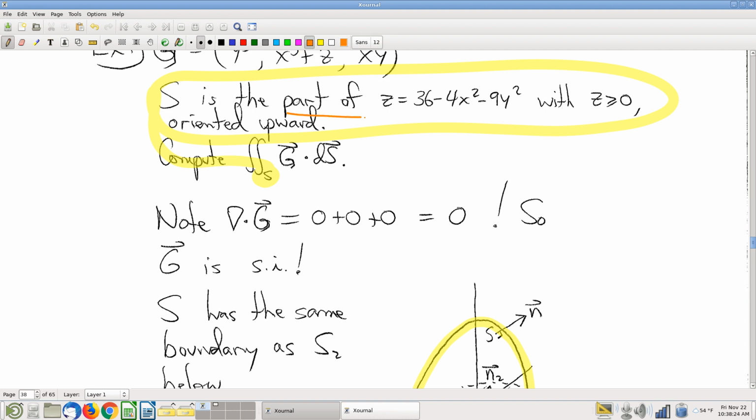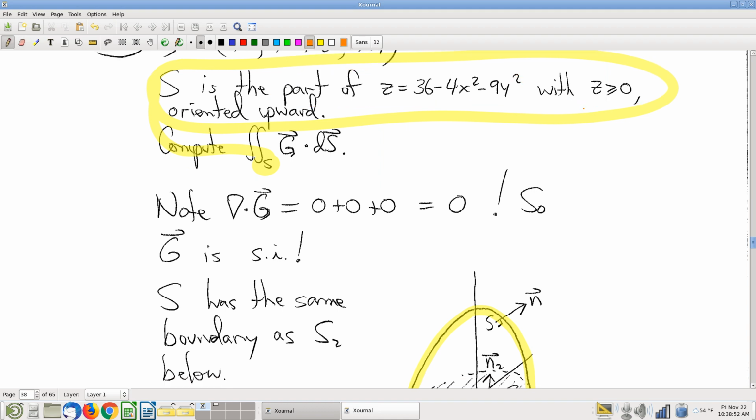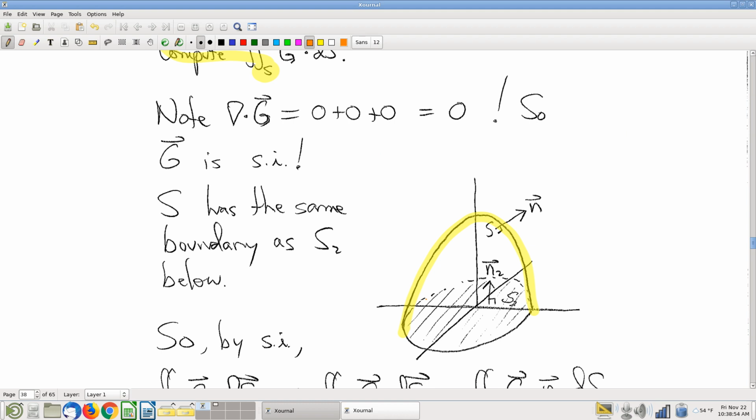Specifically, we're looking for a part of the paraboloid. Which part of the paraboloid are we looking for? Well, just the part that's above the xy plane. This does not say attach to the paraboloid the part of the xy plane that cuts it off at the bottom. It's just not what the question says, right? Everything that's written in the statement of the question, we're looking for part of the paraboloid, and so this surface is just